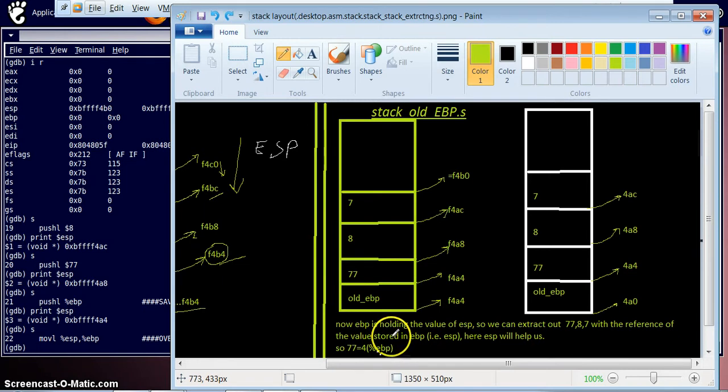Basically why we are doing this: the register EBP should not be overwritten by something, and it shouldn't happen that we lose all the previously saved data which was in EBP and are not able to recover it. So first we push the EBP onto the stack, and then we save the reference of the stack, so that we can extract this value, then this one, all the values one by one. What are the ways and means of referencing, we'll discuss after some time.